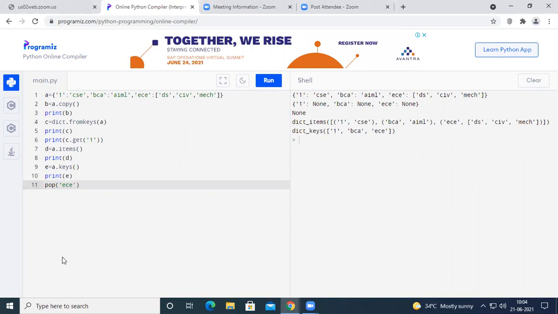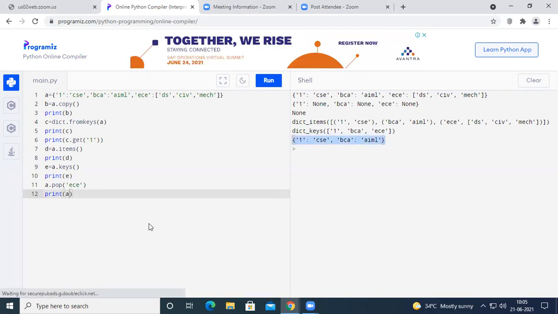So pop of ECE. I want to delete this value in the dictionary A. So I have written A dot pop of ECE, and after that, I print the dictionary A and run the code. You can see here, it has printed only two values. At key 1, we have CSE, and at key BCA, we have AIML.